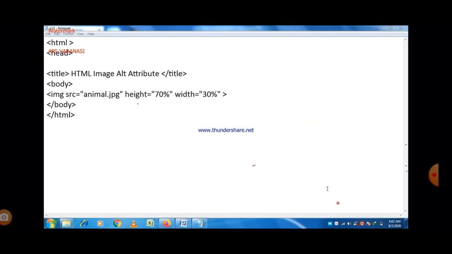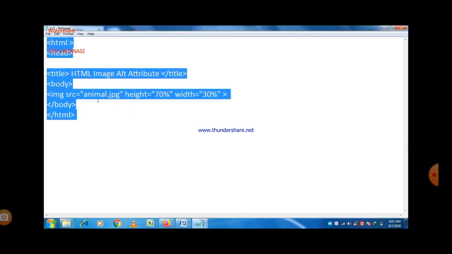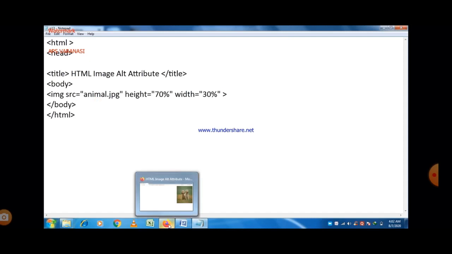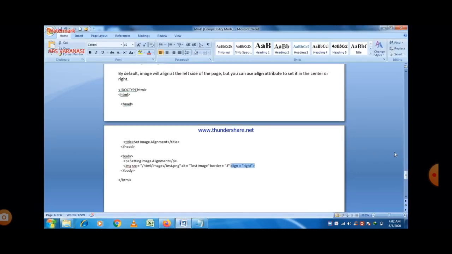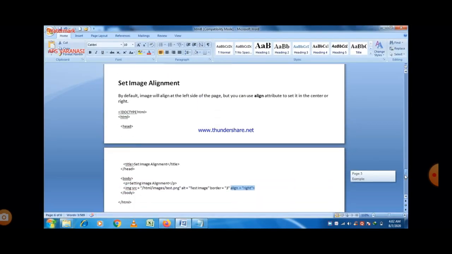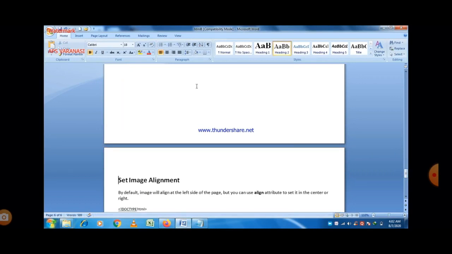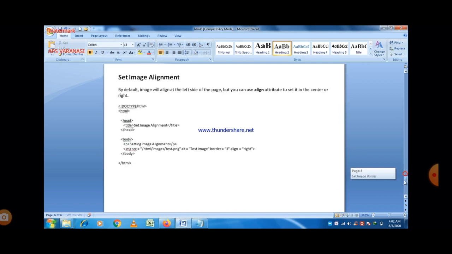Now let us talk about another essential attribute, which is the align attribute. If you want to align your image, by default it is left alignment, and there are two other alignments. These are center and right alignment.